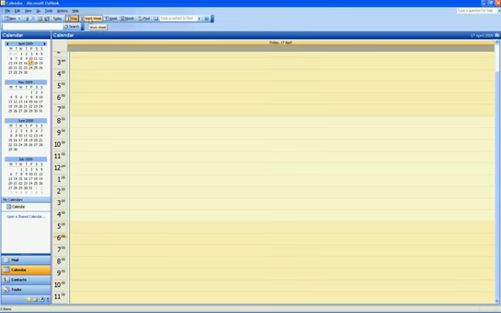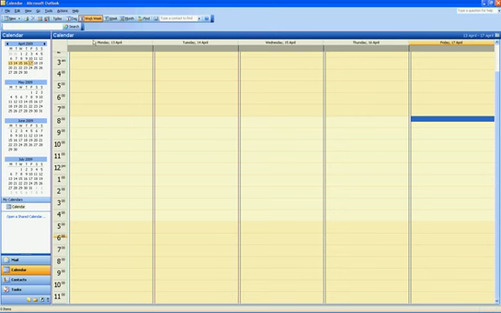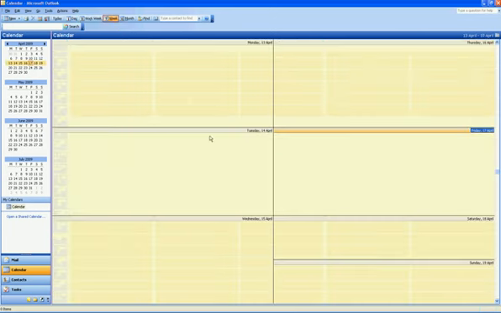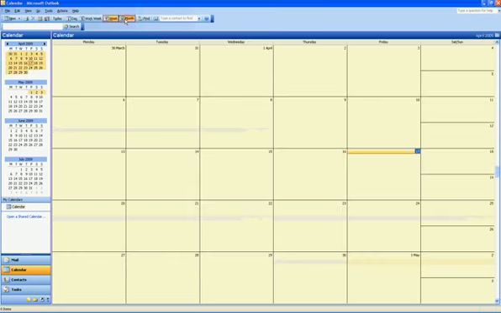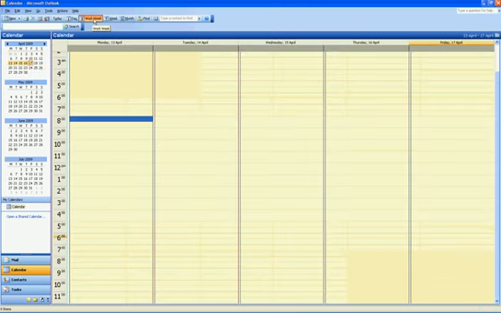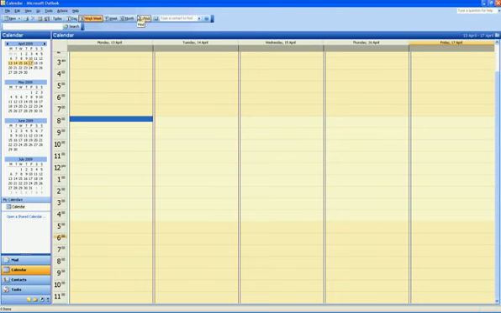5-day view is the same, but you can see the different days. 7-week view is each day, and the month view allows you to see the whole month. We'll be using primarily the month and 5-day work view in these tutorials. So let's start with this one, the 5-day work view. What you'll find is this is a great view to work in because it shows you your appointments by the hour and by the day,